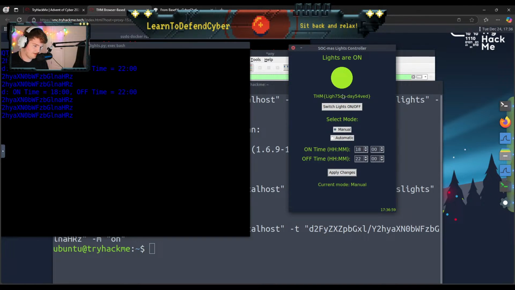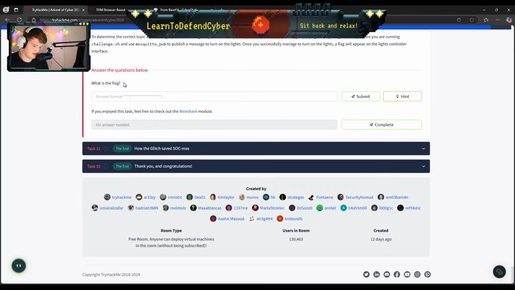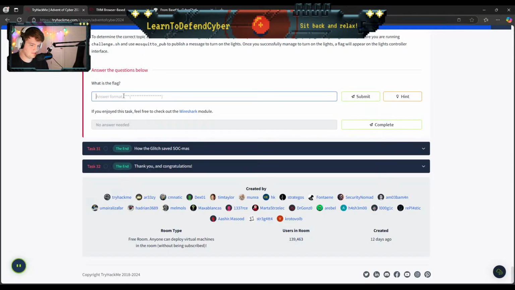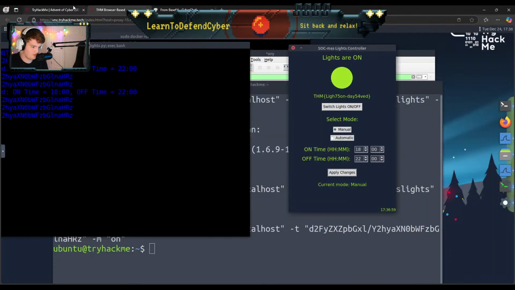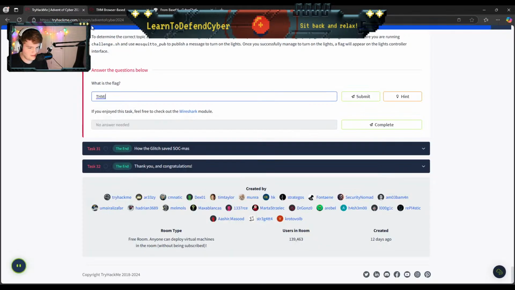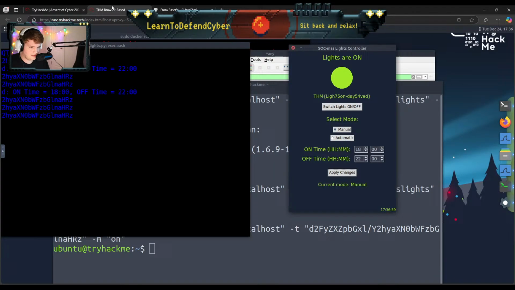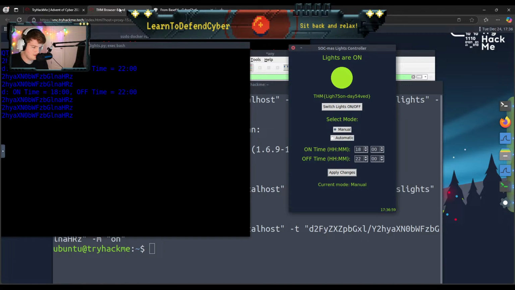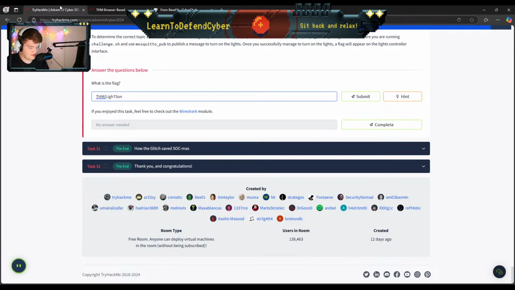That is our flag that I can't copy for some reason. That sucks, so I'll have to type that in. A little bit of overthinking there, but it is a blind walkthrough, so. LIGH75. Doing a little bit of leet speak.